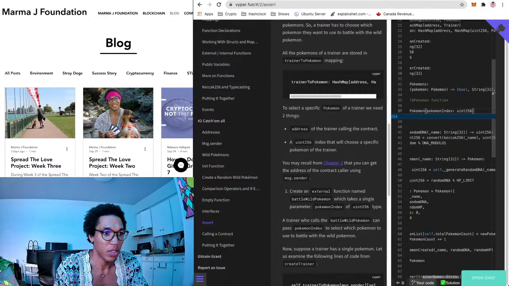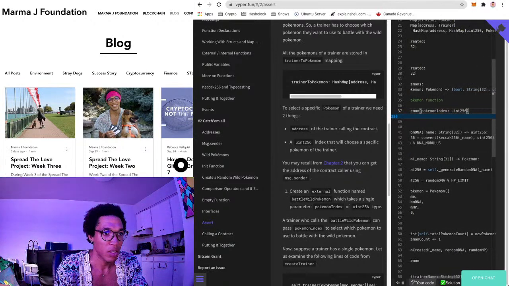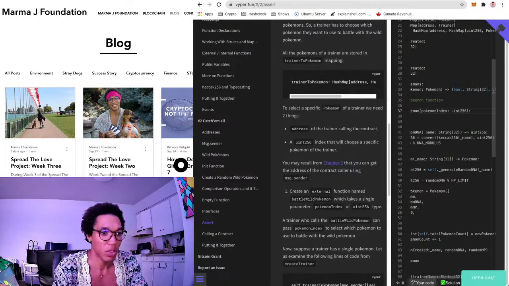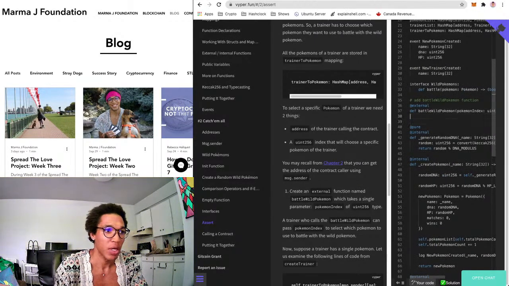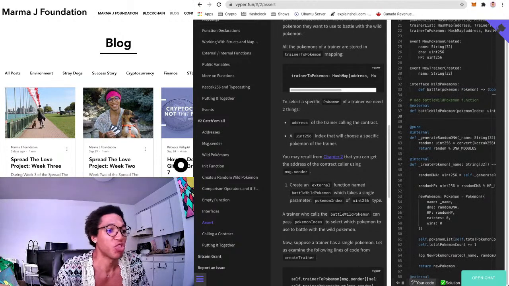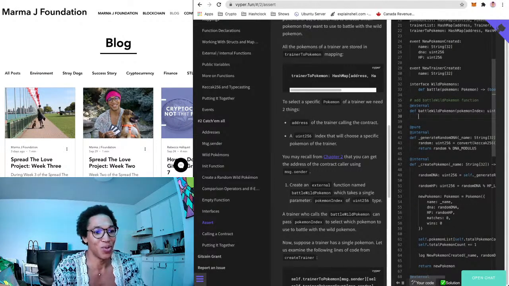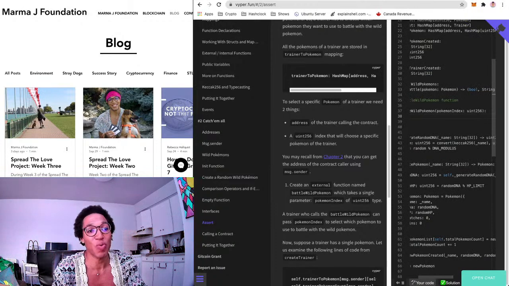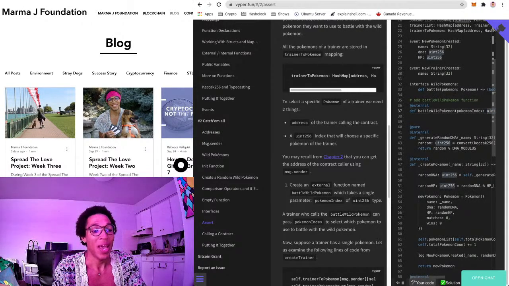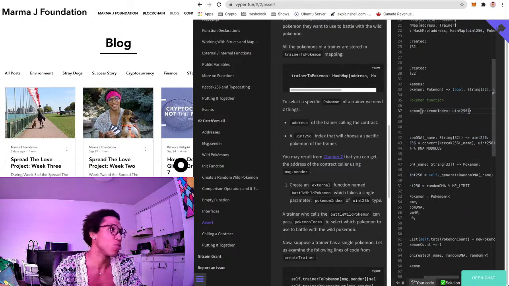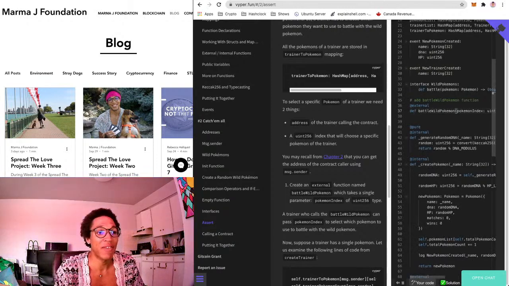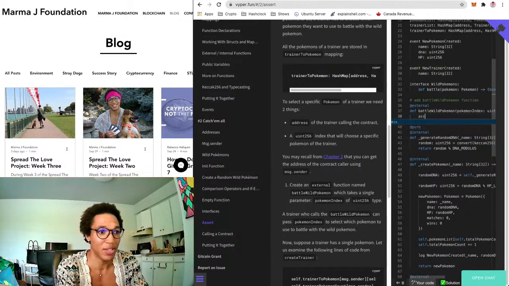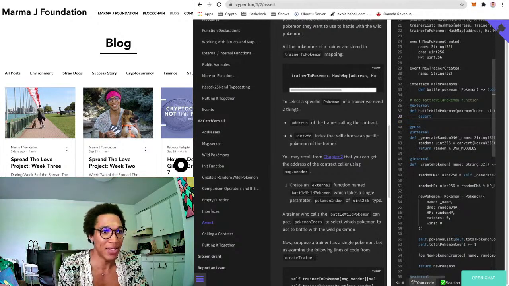And it's actually going to have some logic to it, I'm assuming. Okay, so the trainer who calls this can pass Pokemon index. Ooh, so you can pass in which Pokemon you want to use, right? And so, for example, if the UI only showed you Pokemon index 0, 5, and 10, and you just have an assert function, so let's just say you had assert that,